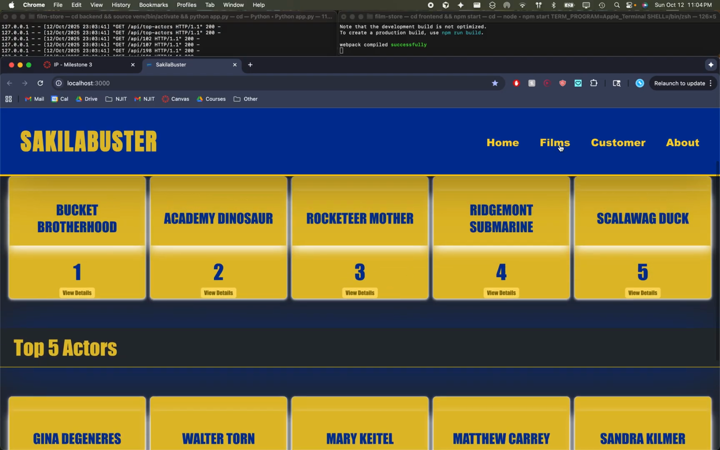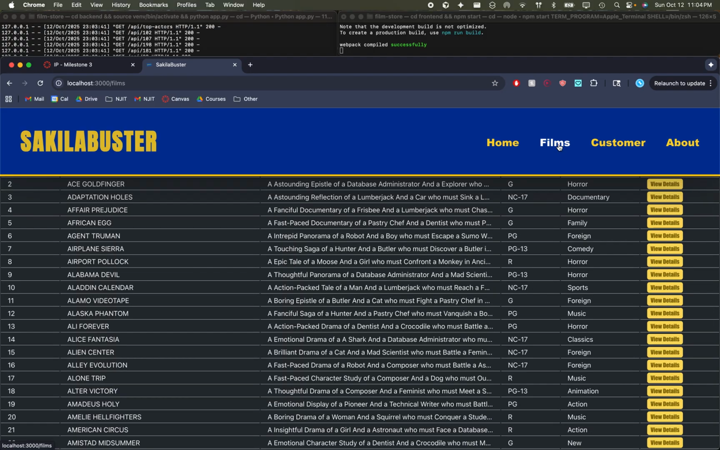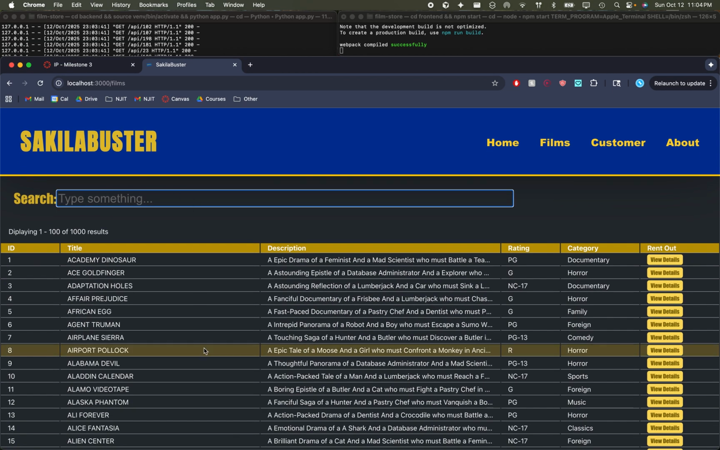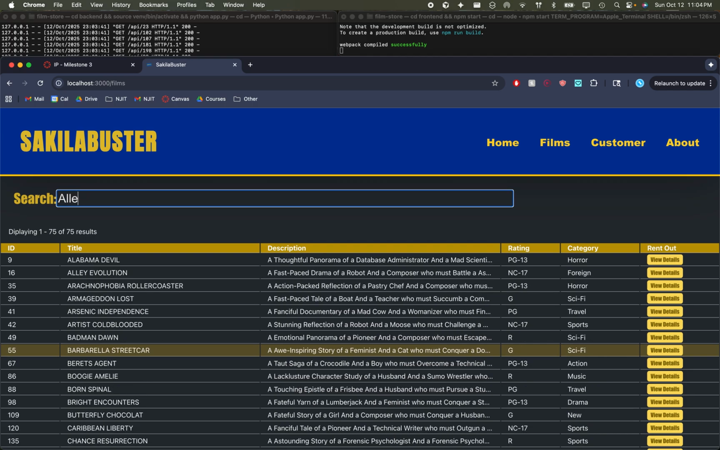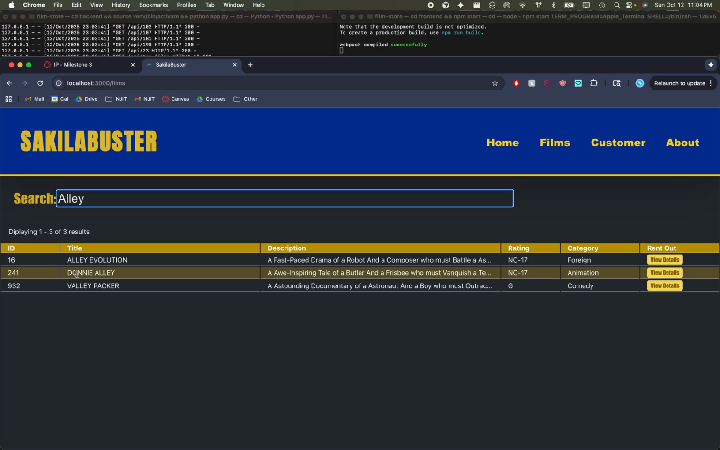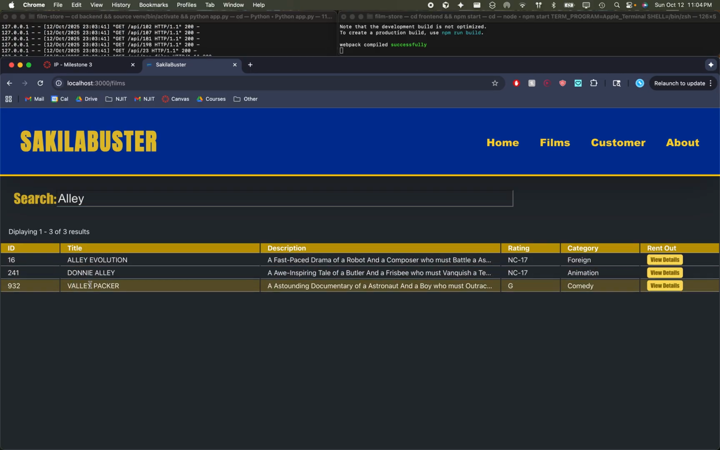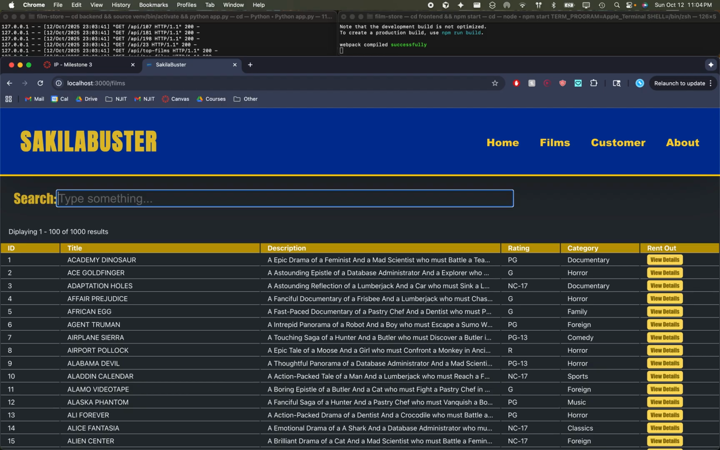Next, our films page. As a user, I want to be able to search a film by film name. And we can do that. We can look up anything, maybe any films that start with AL, or have Alley, or we can search by